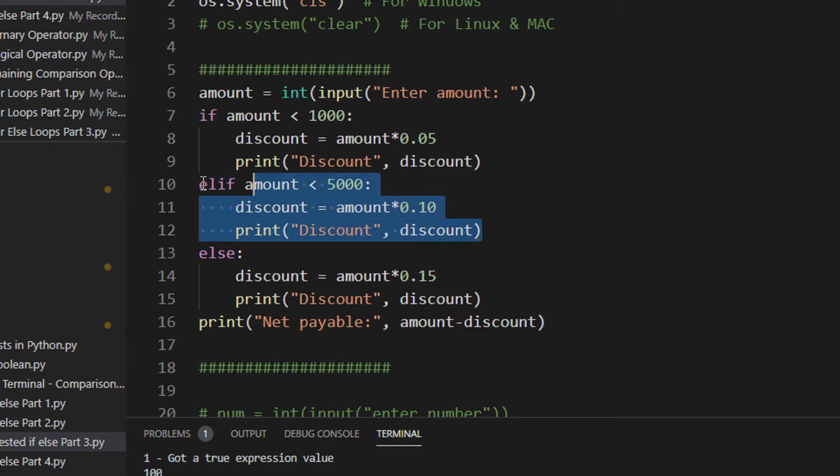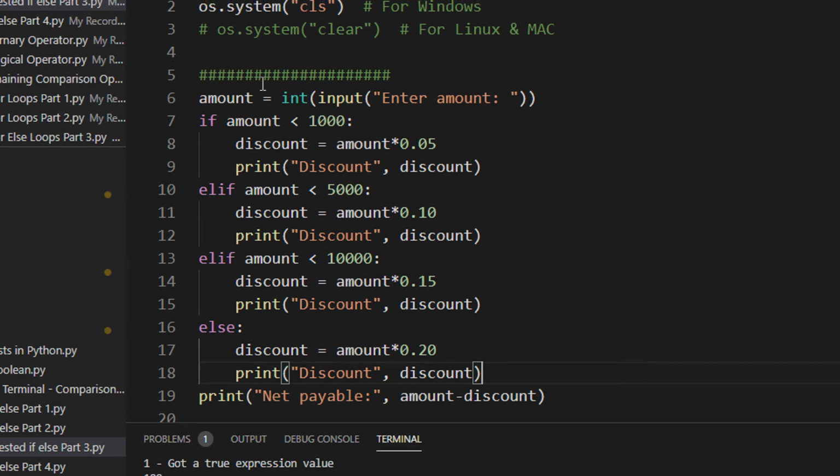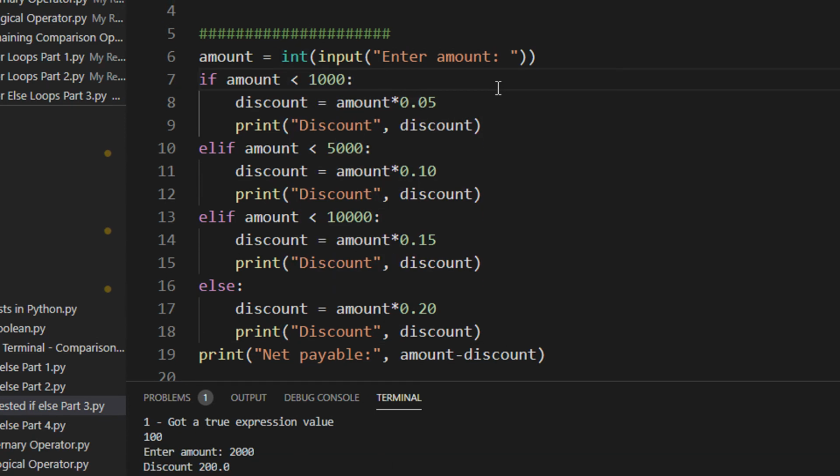So we can have something like, let's say, so I have to indent it. So let's say if the value is less than 10,000, I am having, let's say, 12% discount. Okay, let us make it 15% and this as 20%. Okay, so what happens here? First, whatever is the input. So let us execute the code one by one.